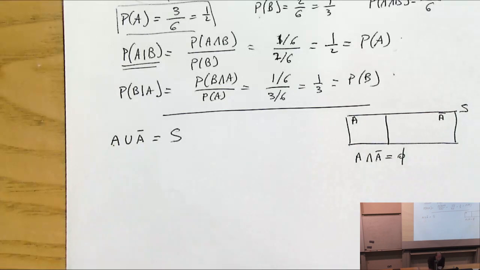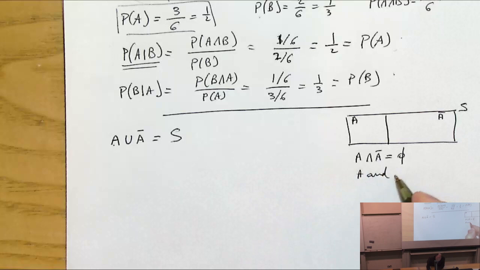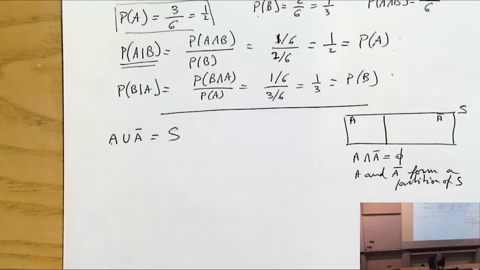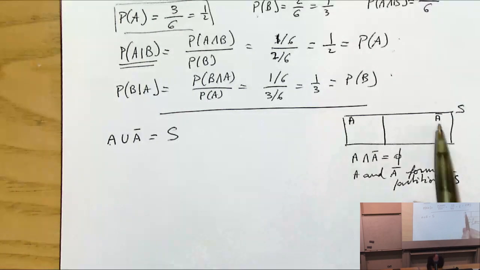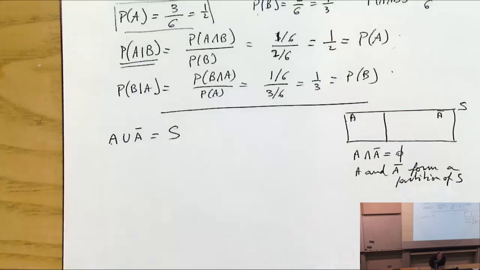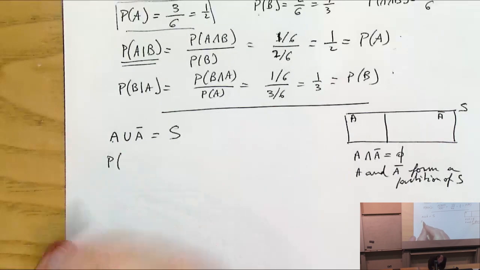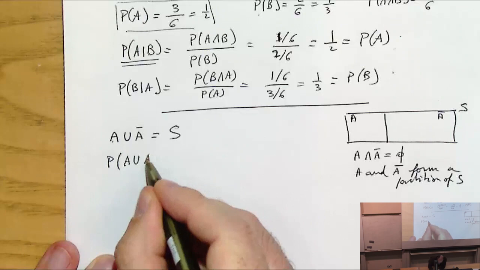So essentially A and not A form a partition of S, right? You remember the notion of partition, right? If you take n sets, they are mutually disjoint, so you take any two and the intersection is the empty set, and the union of all those sets is equal to the universal set, then you form a partition. So here's an example where you take two sets, A and not A, and they form a partition of S. Because of this, we were able to apply axiom 3 of probability